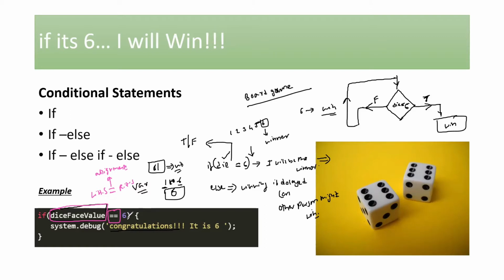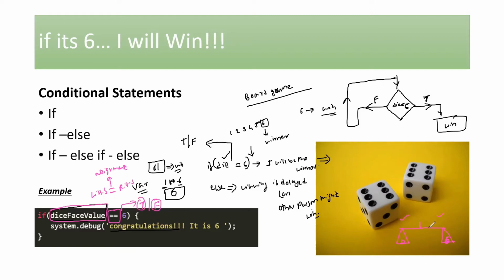What is the job of this comparator? It checks if the left-hand side value is equal to the right-hand side value. Think of this comparator as a balance. Now, this balance would be pointing at the center if the weights in these two pans are equal. If any of these things are not equal, if I'm adding 1 more kg here, the balance would not be pointing to the center. There would be a tilt that would happen. Same thing applies here. If both weights are equal, it would give us true. And if that is not the case, if any of these things are not matching, it would give us false.